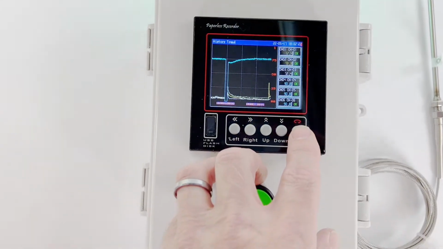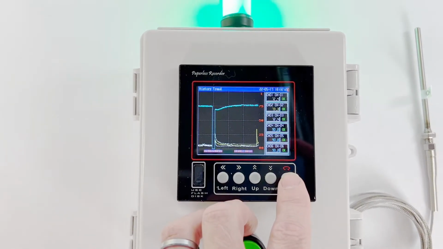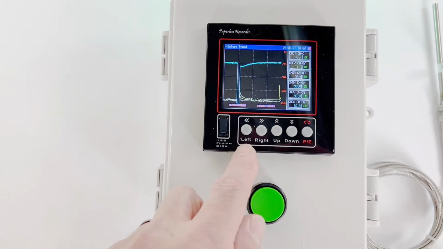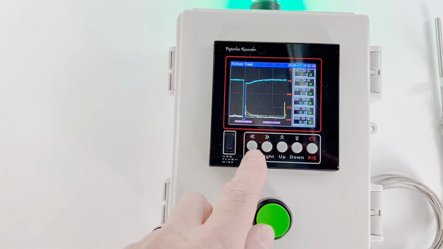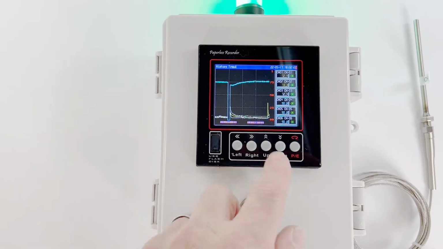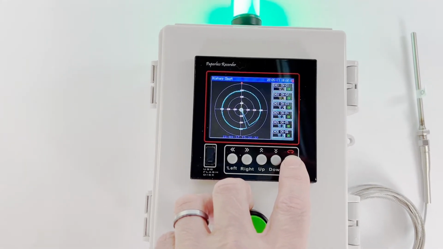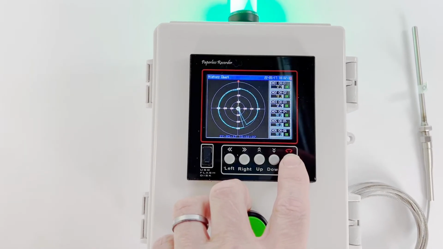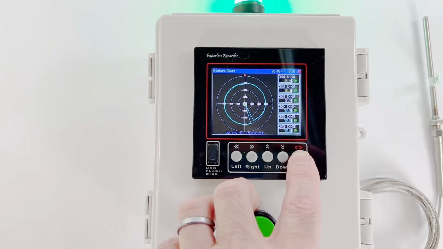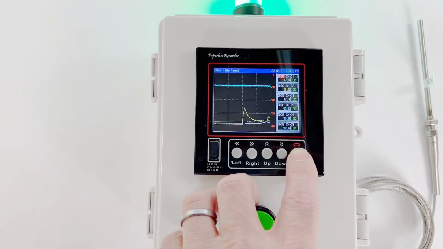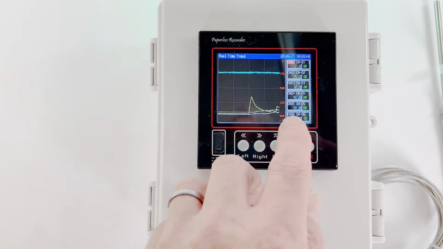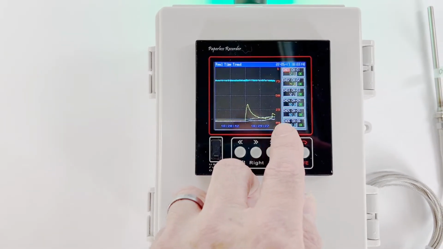Here's the history trend, where you can look back at different history ranges, and you can select the range with the buttons as far back as you want to go. That's in another video. Same thing with the chart. You can select again how far back you want to look in time. That's the settings page. Here's the real-time trend, and you can see right there that little blip is where I